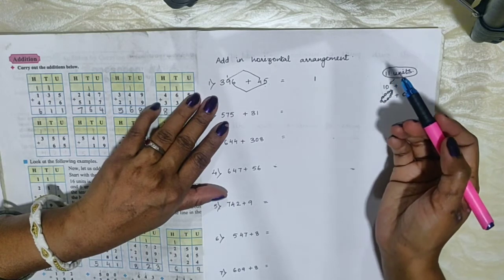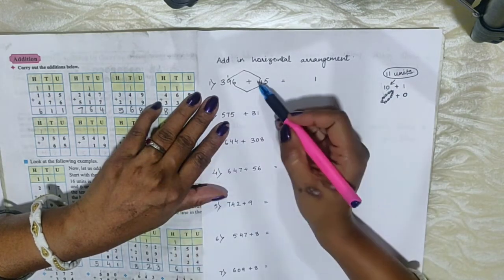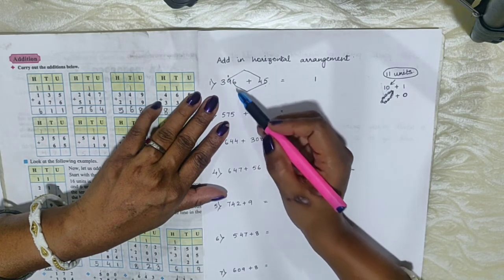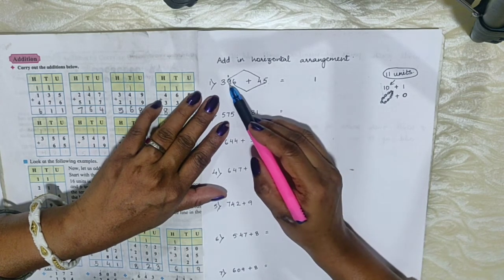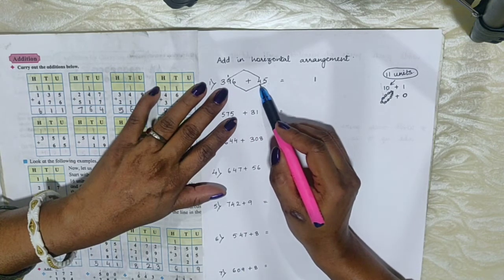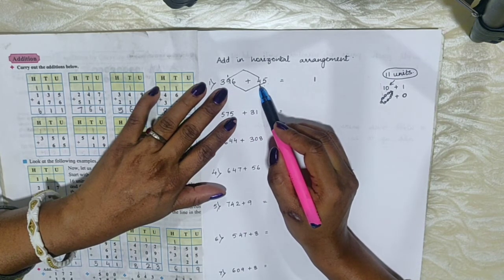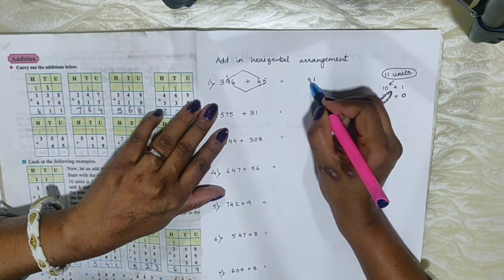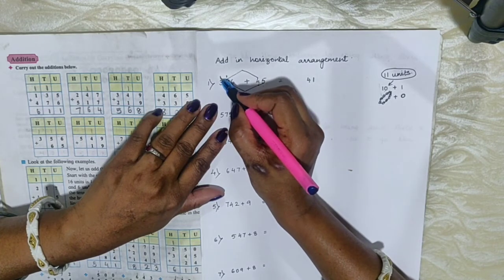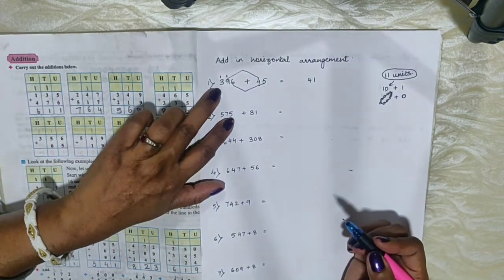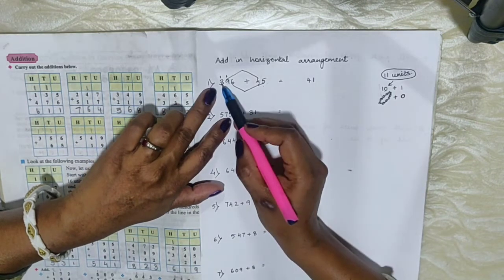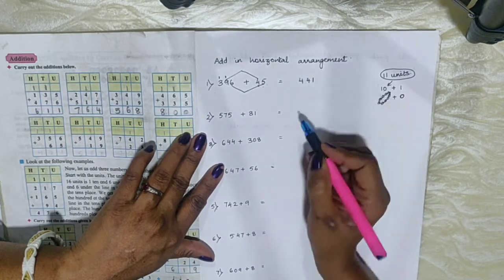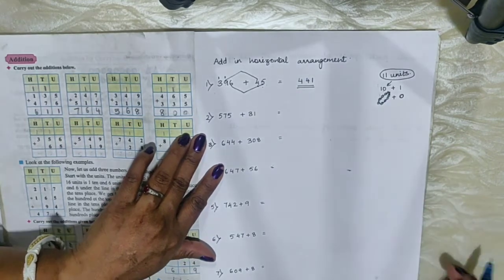Obviously we are doing addition with carrying over, so that 1 you will carry to the tens place. Now 1 plus 9 is 10. 10 plus 4 is 14. So what you will do? You will write 4 here and 1 will go to the hundreds place. Okay. Now see. So 1 plus 3 is 4. So this is your answer.